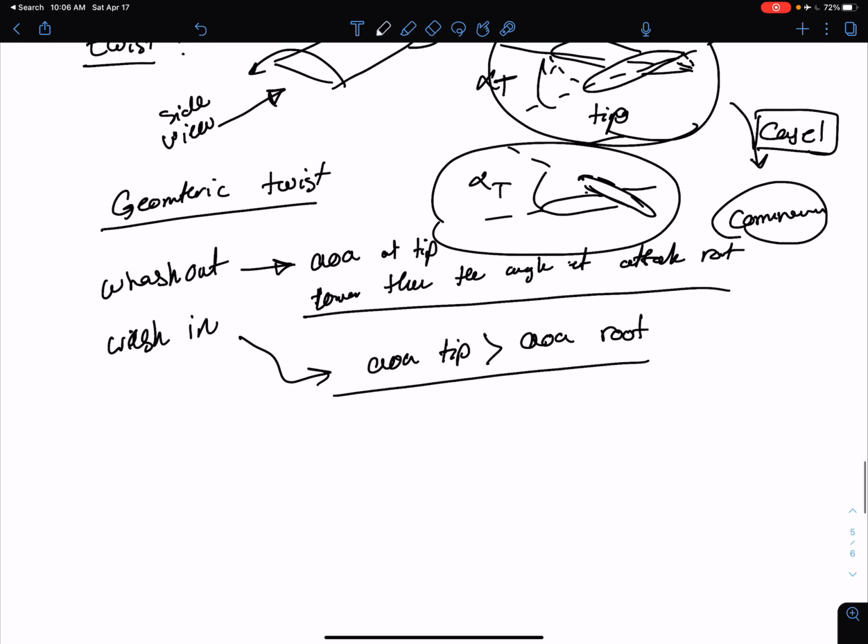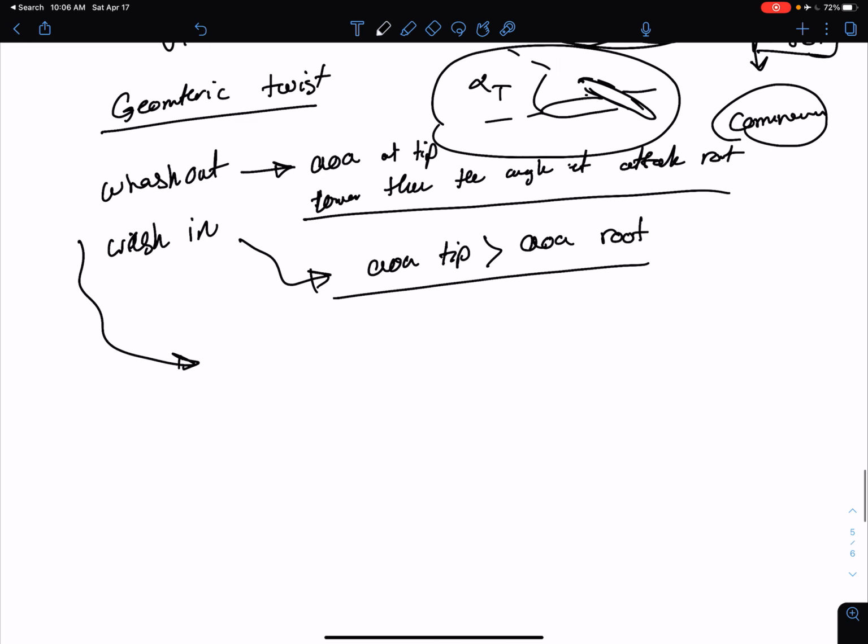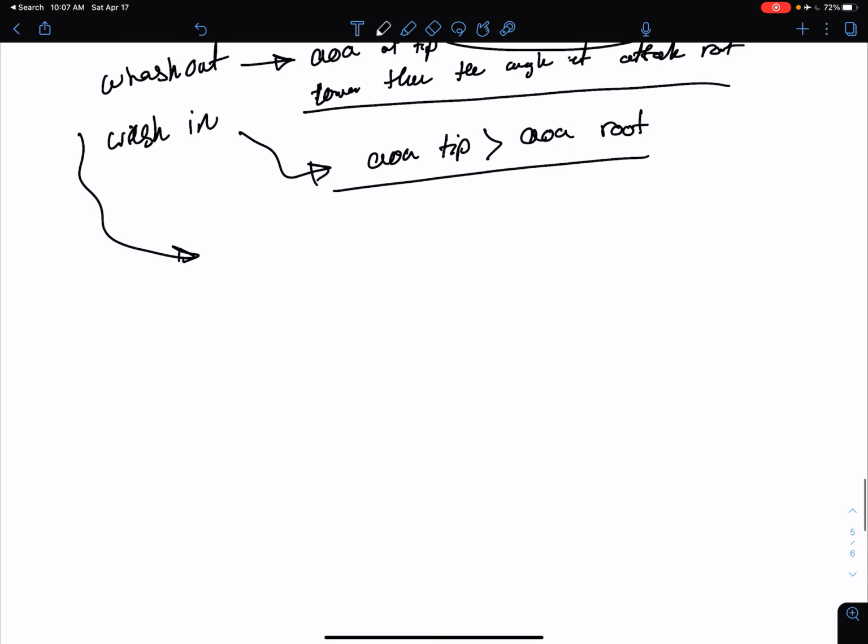And we will talk about the flow patterns, the different flow patterns on this washout and wash-in, in a minute, after talking about the aerodynamic twist. So there is another type of twist which I think I didn't mention in class when we were talking about this originally. Aerodynamic twist